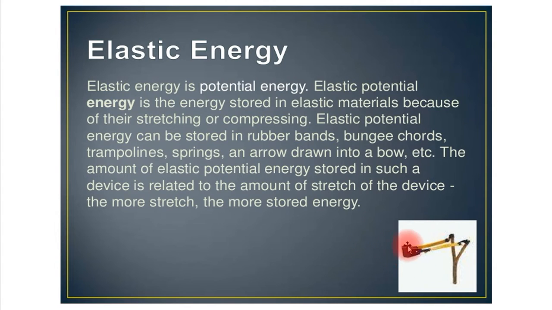Here there is a catapult. Okay. This string is made of rubber. You know this instrument, very small instrument, rubber bands. These are two rubber bands connected with a Y-shaped wooden frame, and there is a holder here. A pebble, a small marble, is taken here, and if we stretch this rubber band and then release it, the marble or the pebble will be released with a velocity from here.